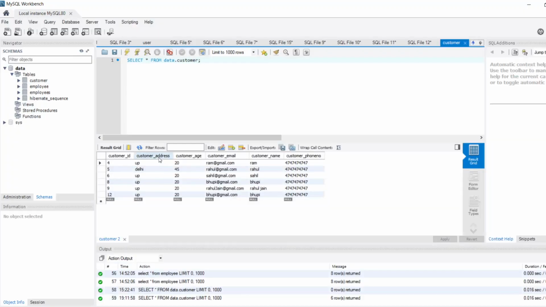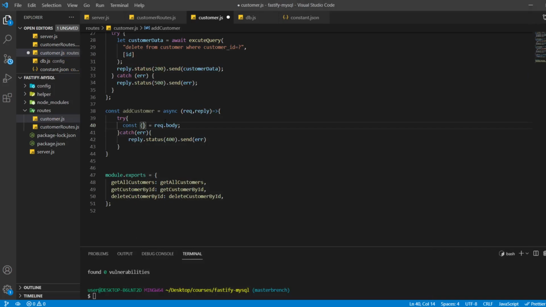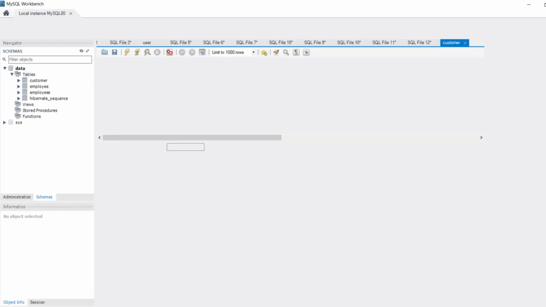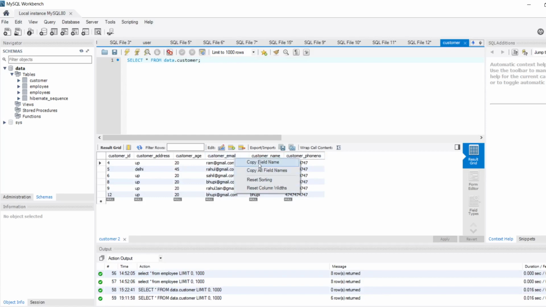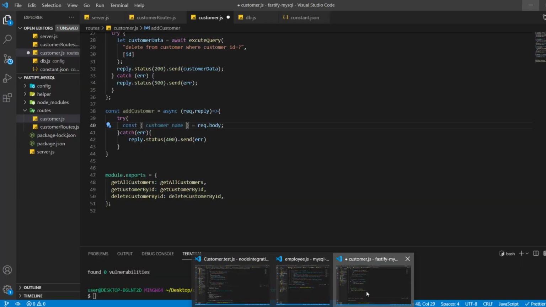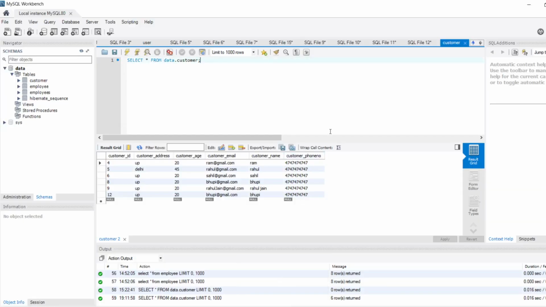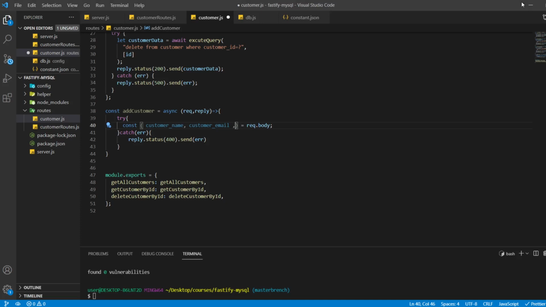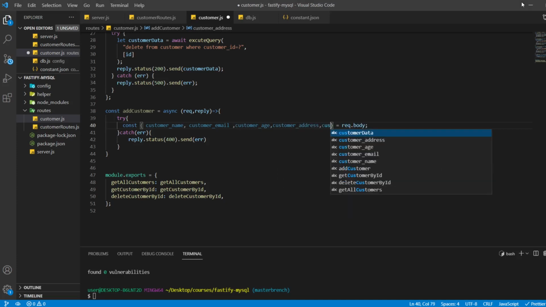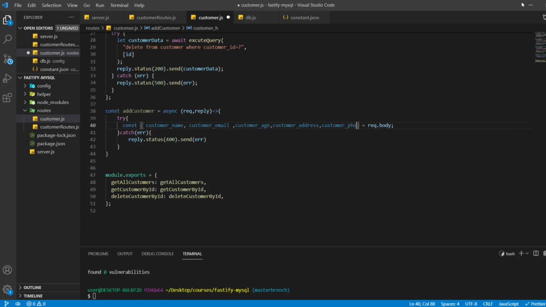So customer name, customer email, customer age, customer address, and customer phone number.